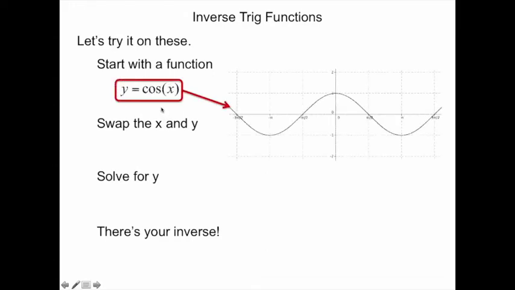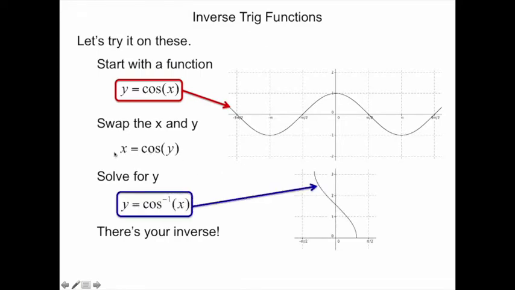Let's also look at the cosine function. So we can go through the same thing with the cosine function here. Here's our cosine function. For the cosine, we're 1 to 1 in this region here. And so that's from 0 to pi. So we can swap the x and the y's here, and then we can go ahead and do the inverse cosine to solve for y, and we end up with this